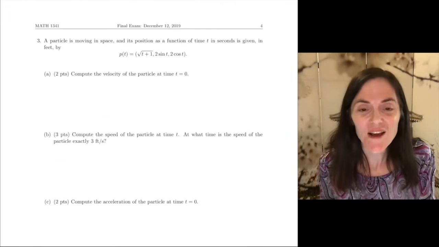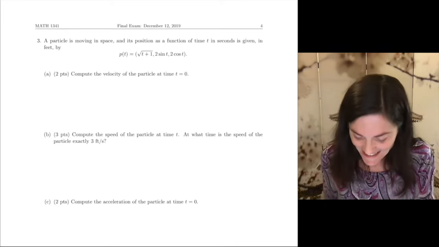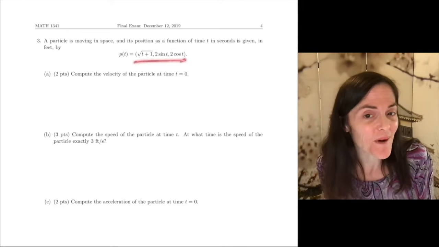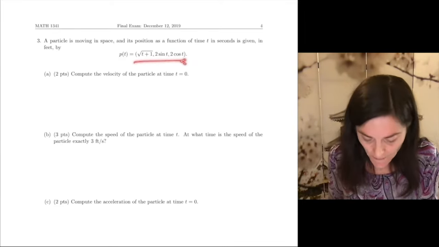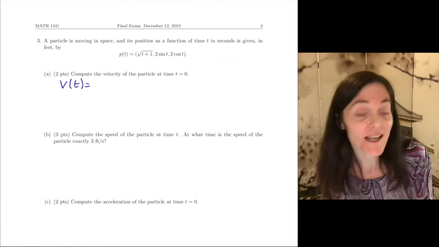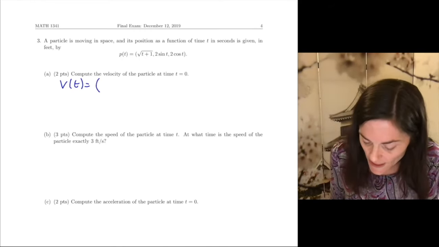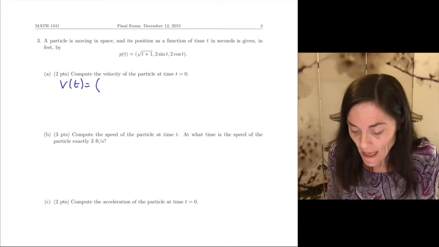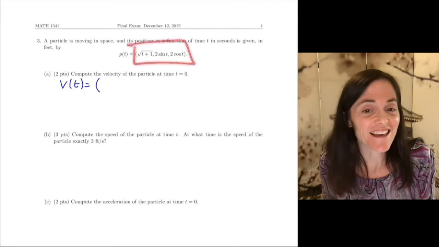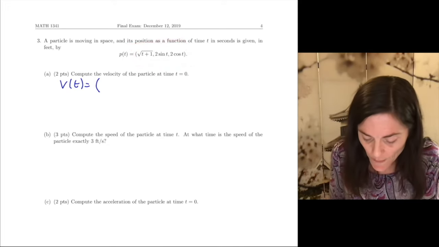Number 3, we have a parameterized curve. You see we have 3 components. This is in R3. Part A, we want the velocity at time t equals 0. Well, the first thing we need to do is just calculate the velocity as a function of time. And how do you differentiate something like this? Well, we differentiate each component. The first component